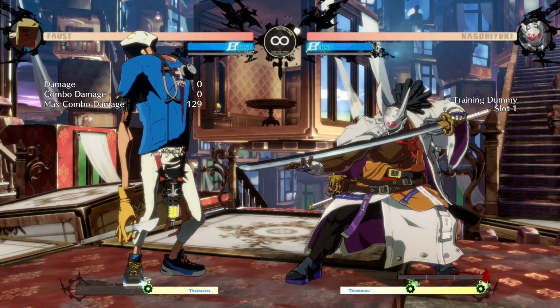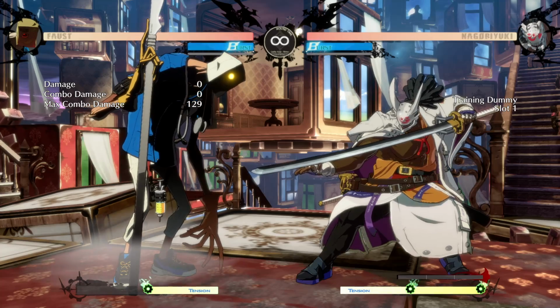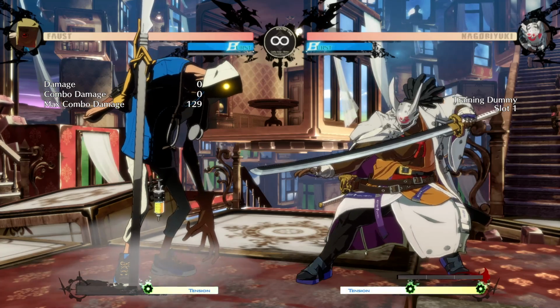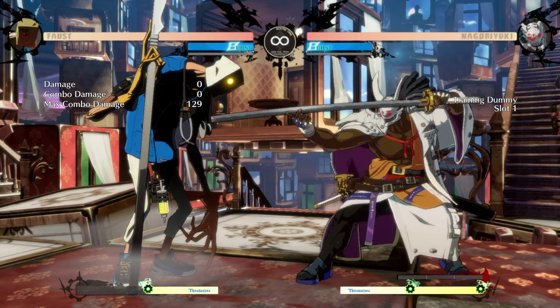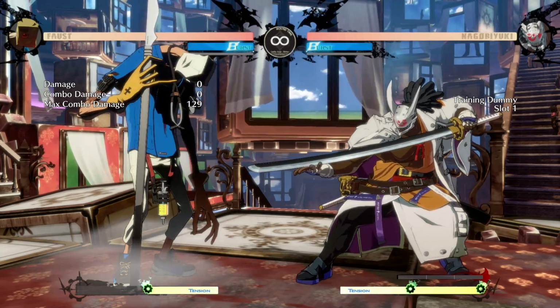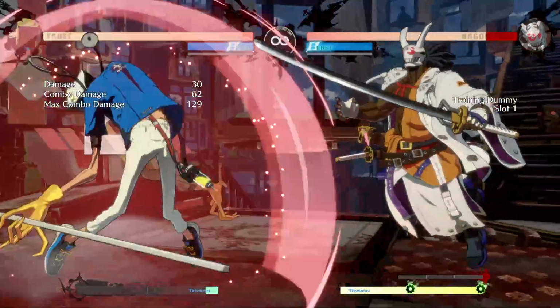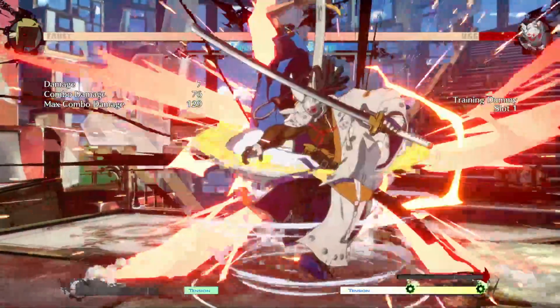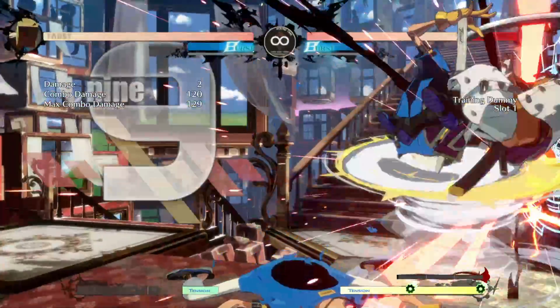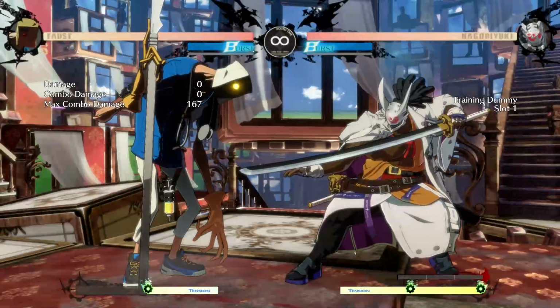So now is the second part of the video, how to use meter, okay? The first BNB that I really recommend everybody to learn is a bit technical, but is super worth your time, is r/2H into a fast mix. Okay, the way it looks like, I'll first do it, then I'll explain. Okay, it's like this, and as you can see from mid-screen, you'll get a wall break, which is super good,